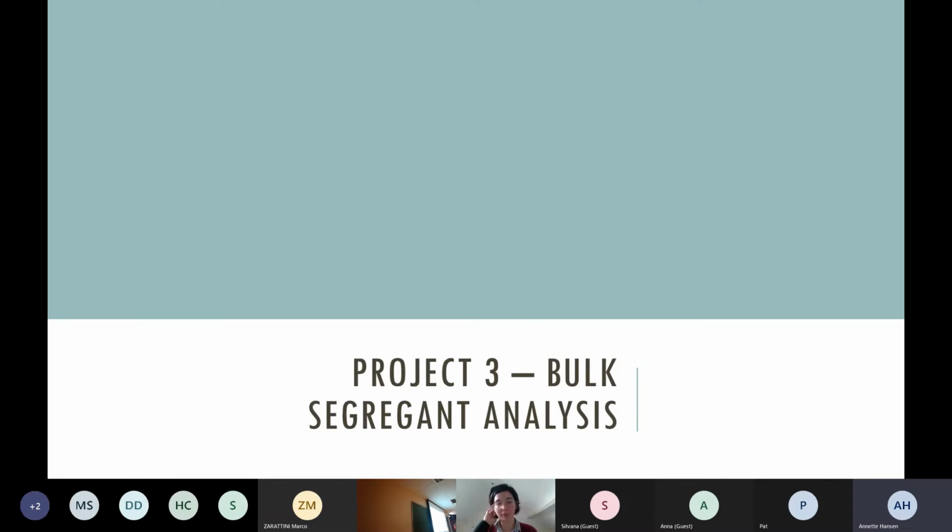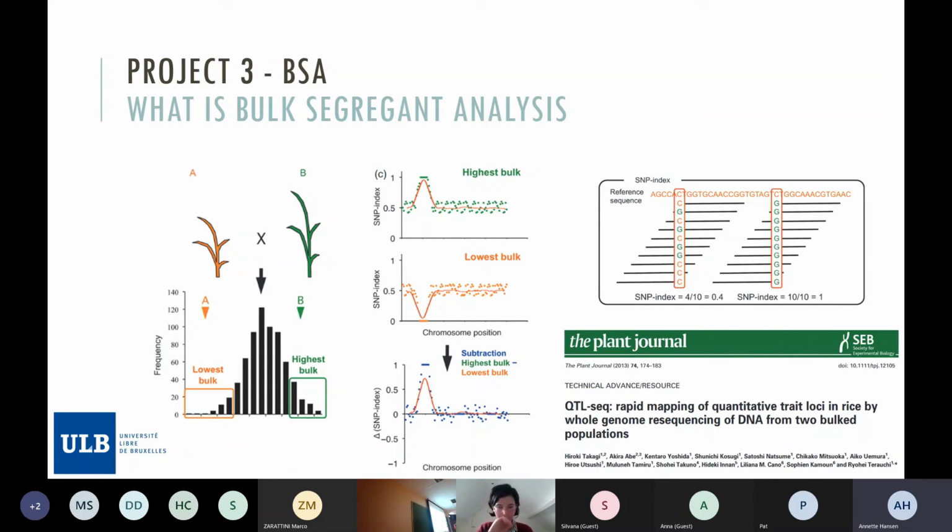In the end, I was mentioning also a project related to a bulk segregant analysis. I have just started it, but I will show what I have done so far. So a bulk segregant analysis. Basically, what we do in this analysis is we have two contrasting parents with two contrasting phenotypes. We create an F2 population, and this population is supposed to have a kind of normal distribution, and we just take